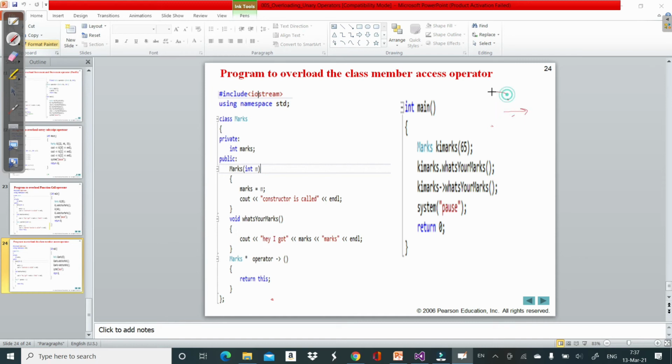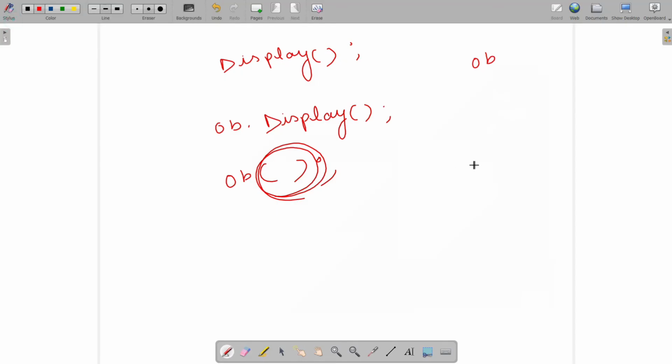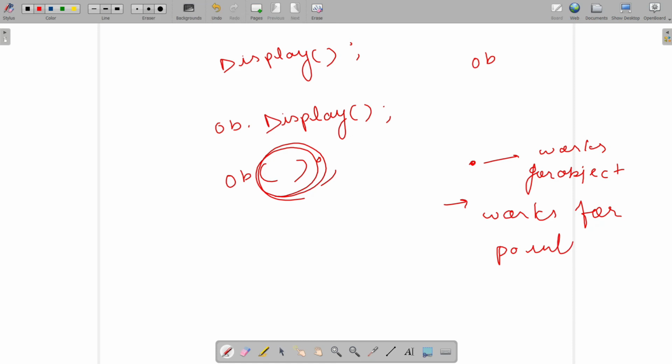I told you that this dot operator always works for objects, and this arrow operator works for pointers. And I also told you in the beginning of operator overloading that we cannot overload the dot operator, but yes, we can overload this arrow operator, the member access operator.